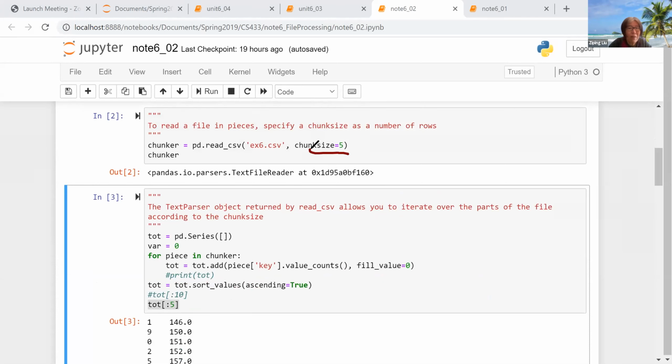So we specify the chunk size. Each time, read 5 rows. That's it. Then over here, this is total. Sum total, now it's a series. So what you are going to contribute to this series, based on that key column, you're going to do value counts. So how many A, how many B? Maybe 10, maybe 9, something. So you just do value counts, and then you have this series